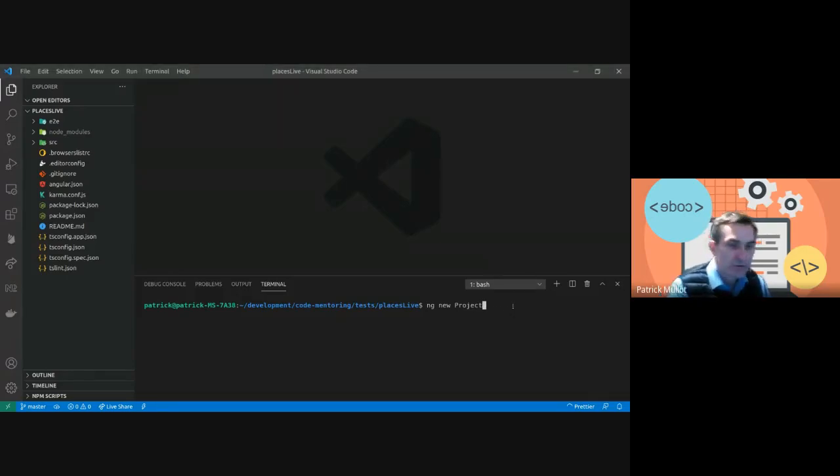So you just create a new places project. I usually use skip tests because we're not going to use tests, and style SCSS, but that's personal preference. It's not necessary. But anyway, you create a new project, and what is important now is that when you create the project,